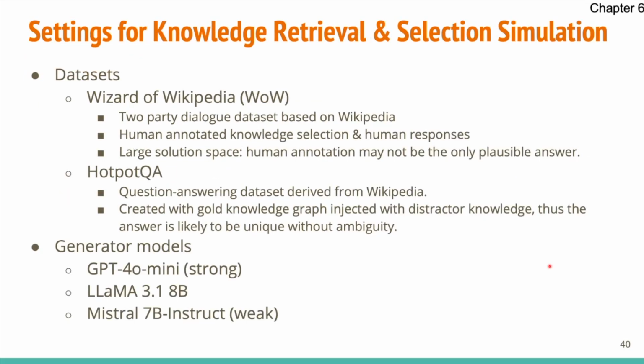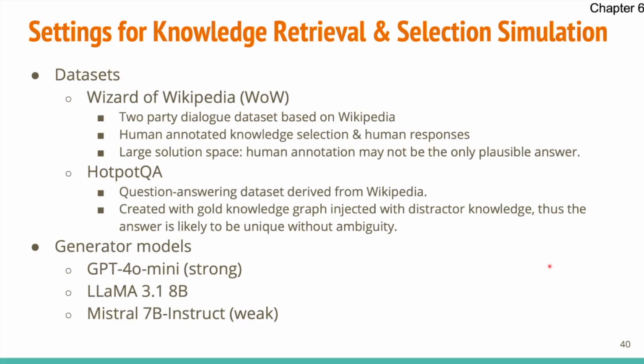So here are the dataset settings that we use for this experiment. We picked 2 datasets. The first one is Wizard of Wikipedia, our old friend. Again, the setting is a 2-party dialogue based on the Wikipedia corpus, with human-annotated knowledge selection and human-annotated responses included. Note that this task has a large solution space, meaning that the human annotation may not be the only